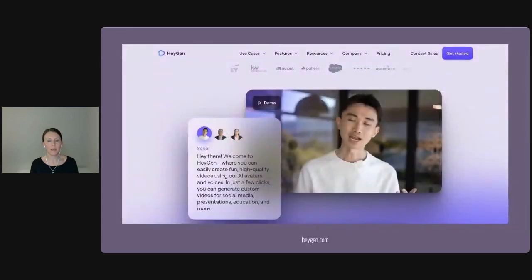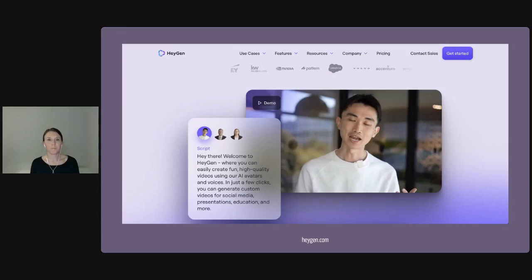There are also tools like HeyGen out there, which can generate presentations based on a script. Again, this is based on, obviously, you have a script, so you've written something down. But what's really exciting, which we're going to get back to a little bit later on, is you can even personalize it. So it's using your voice and a different language. A friend of mine did that the other day, actually, where she got it to speak in English with her voice, based on the script that she had given.